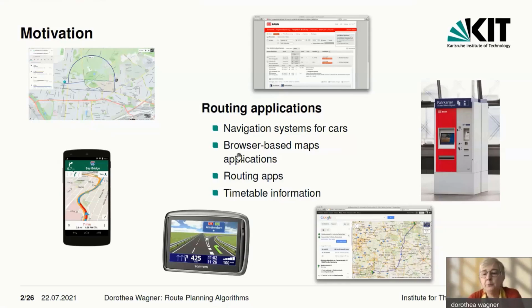But at a certain point, these systems come together when we want to combine the different modes of transportation and want to have information about the best routes in a combined transportation network. So this is one reason why looking at navigation systems for cars or route planning algorithms in street networks also makes sense for